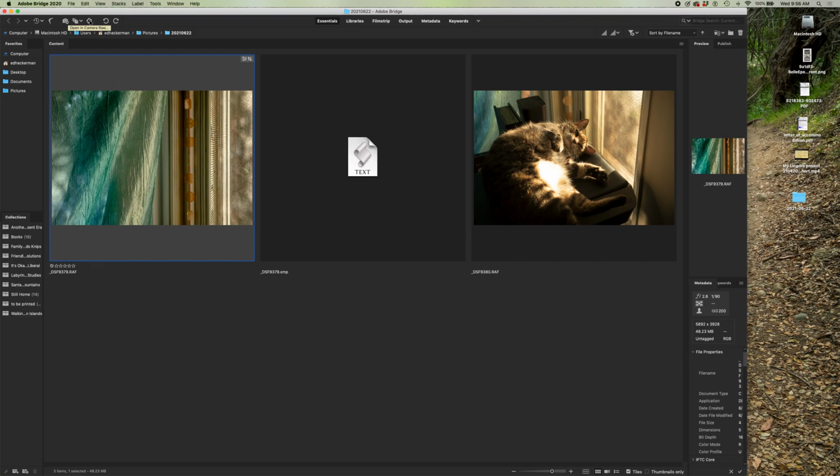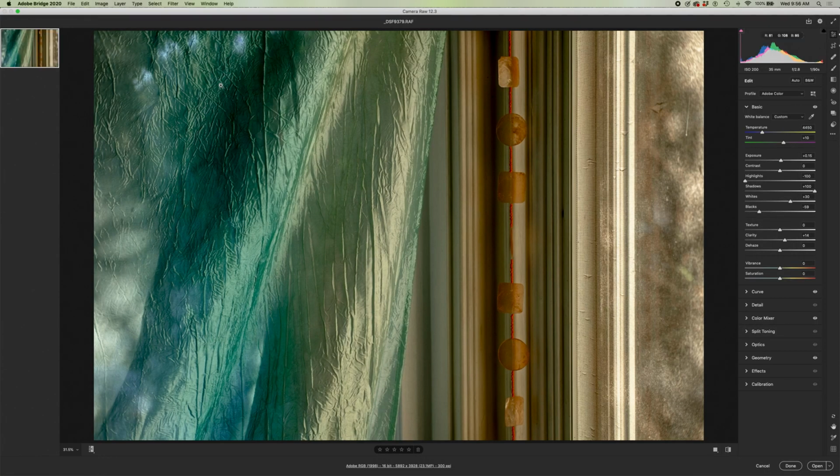In Bridge, I need to click on the Open Camera Raw icon, which looks like a small aperture. And that will open up the image in Camera Raw. You can see I've already edited the image here. Today, I'm just going to show you how to